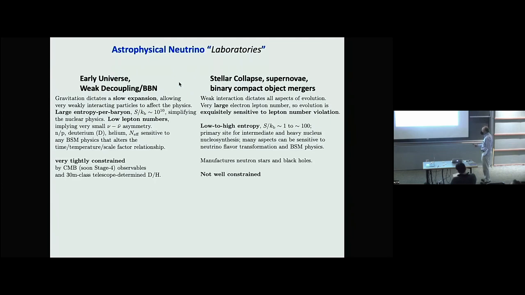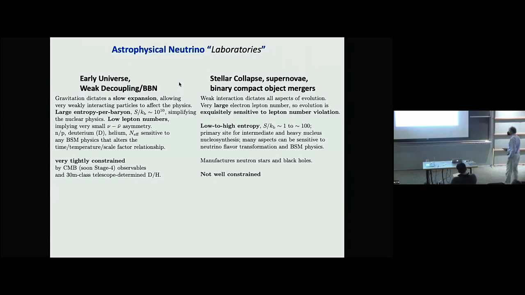And the neutron to proton ratio, the deuterium production, the helium production, the relativistic degrees of freedom that freeze out, they're all sensitive to any BSM physics that alters the relationship between time, temperature, and scale factor. And moreover, this whole picture is very tightly constrained by the CMB observables and by other determinations of deuterium, for example, with 30-meter class telescopes. These will be determined to something like 1%. So anything that twitches here in the early universe is fair game, and we might see it because of this